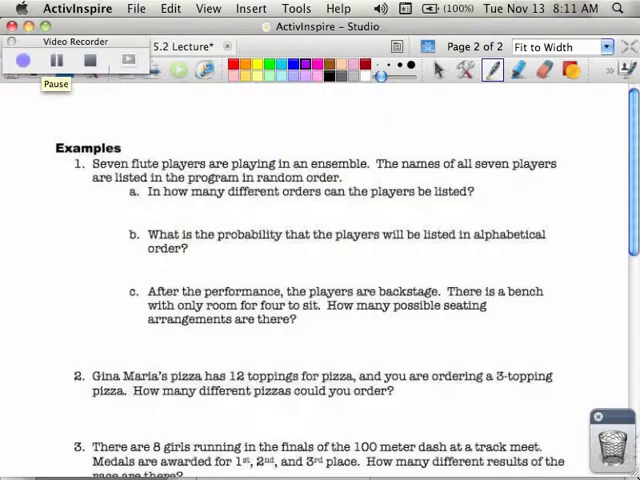So now we have a bunch of examples that are going to show us how to use some of these things we just talked about. The first one says that there are 7 flute players